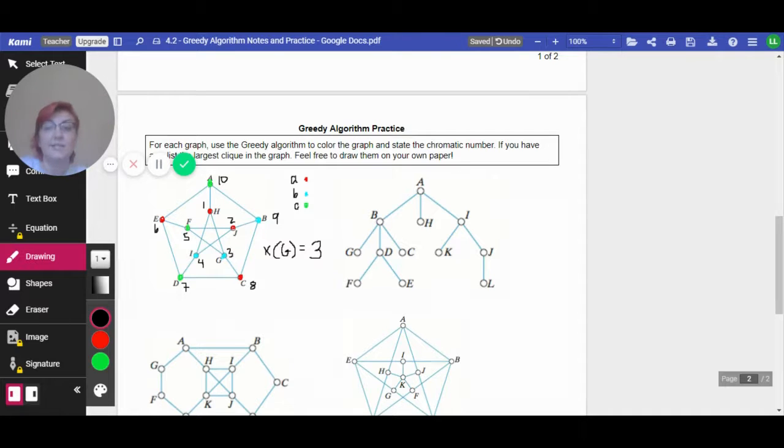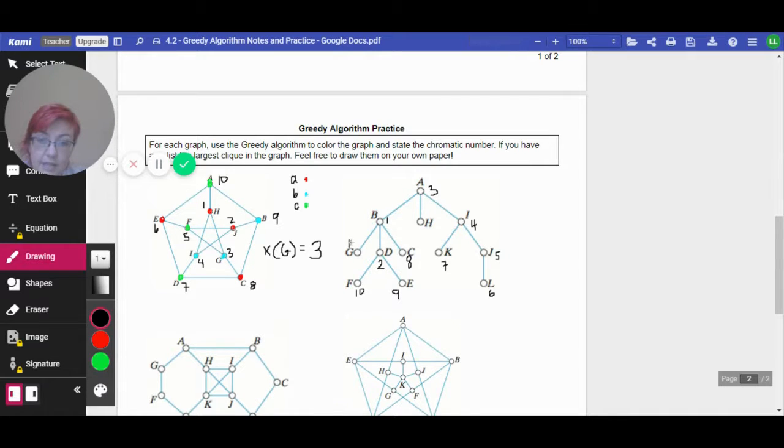Okay, let's try this one. Degree 1, degree 2, 3, 1, 1, 3, 4. This is going to be 1, 3. This will be 2, 3, 4, 5, 6, 7, 8, 9,